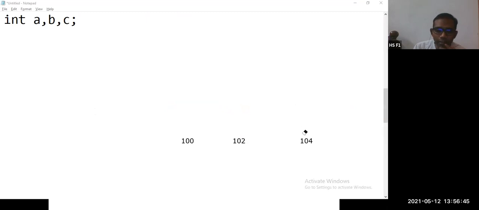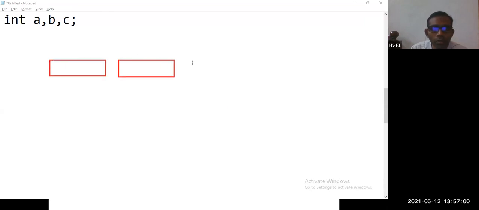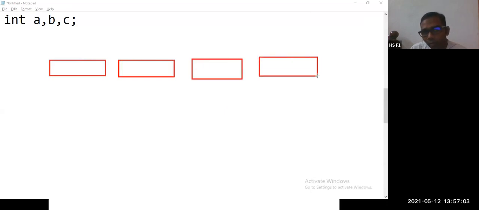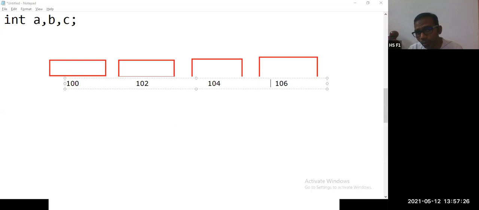Now you might have traveled in a train. In the train, you might see bogies. Those bogies are interconnected, so it may resemble something like this. You will have a box, followed by another box, followed by another box, and followed by another box, for example. Every node will have an address. Say the address is 100. The next address is 102, next address is 104 and 106. For example, they are allocating 2 bytes of memory.